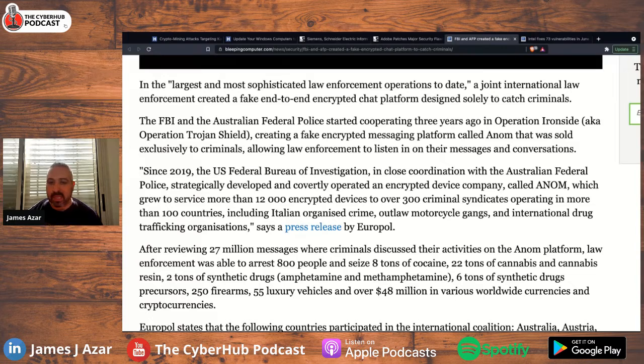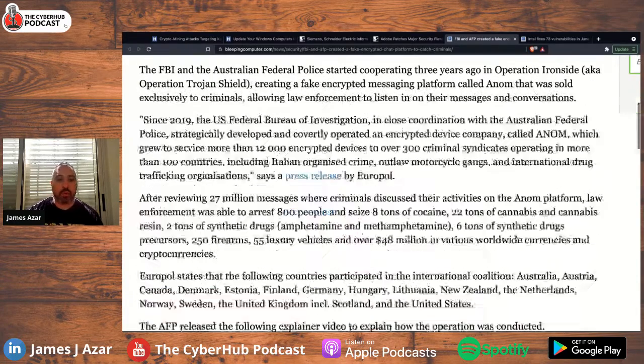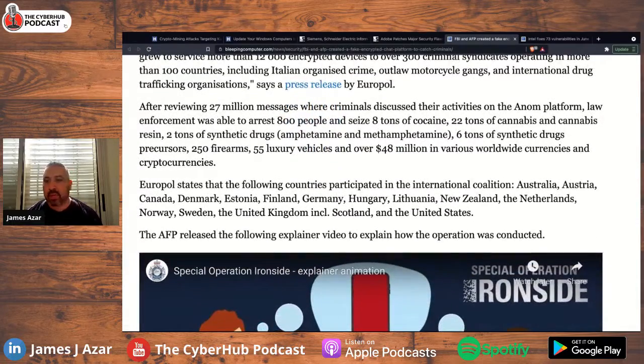800 people were arrested, 8 tons of cocaine were seized, 22 tons of cannabis and cannabis resin, 2 tons of synthetic drugs, 6 tons of synthetic drug precursors, 250 firearms, 55 luxury vehicles, and over $48 million in various worldwide currencies and cryptocurrencies. Europol states that the following countries participated in the international coalition: Australia, Austria, Canada, Denmark, Estonia, Finland,